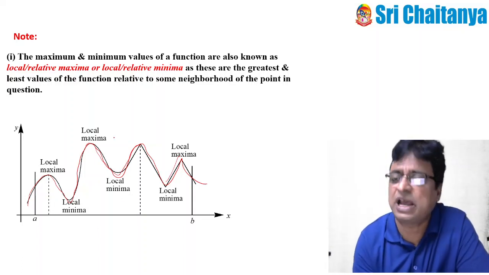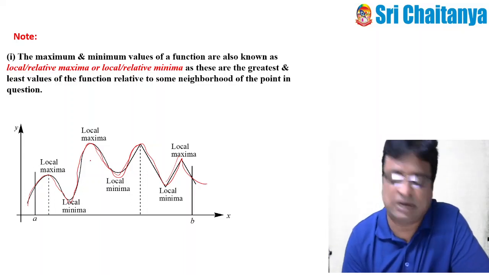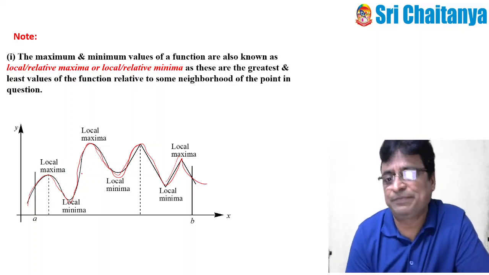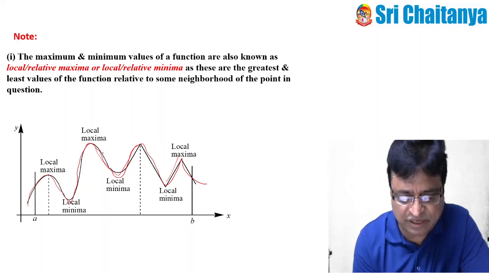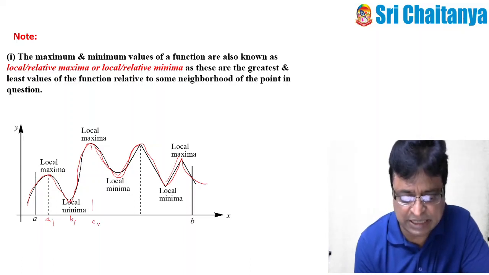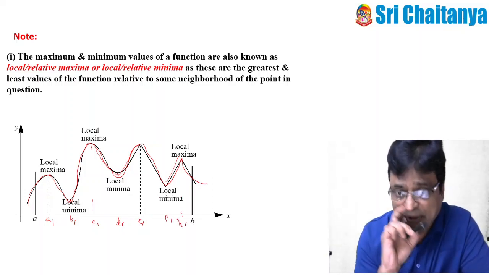Why is it continuous? I have not lifted my hand. While drawing this particular graph in this particular interval, anywhere I never lifted my hand. That is the important point to notice. So what happens here? See. Suppose this is a1, this is b1, this is c1, this is d1, this is e1, this is f1, and this is h1. So what happens, my friends?